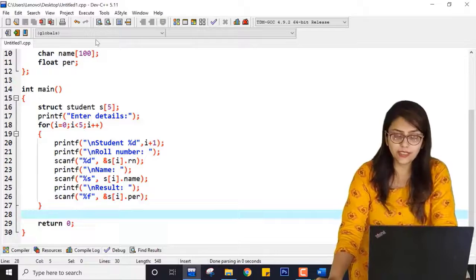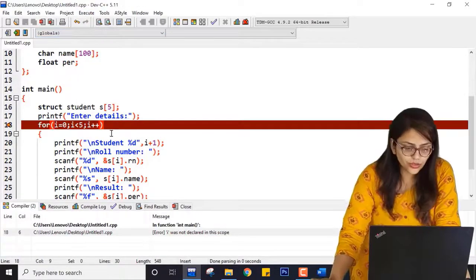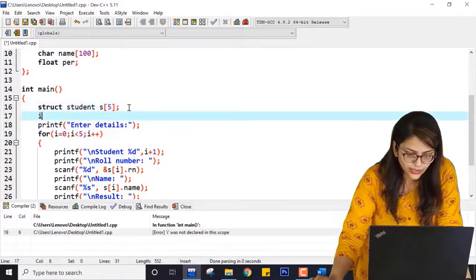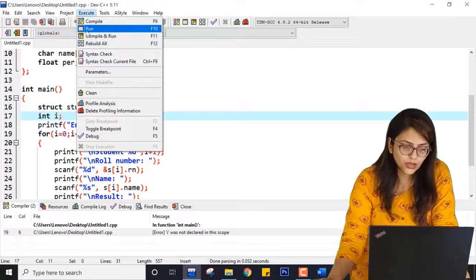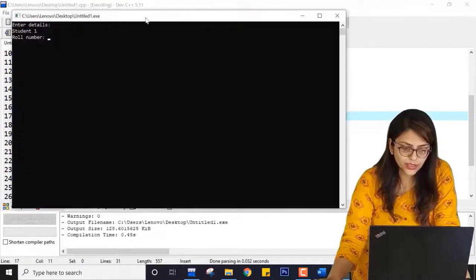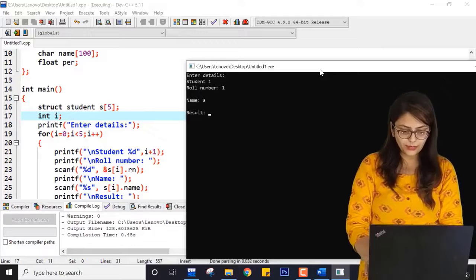I am not going to display it because it will be a lengthy code, but you can check your own knowledge. Now I was not declared, so I can write int I over here. Save the program, compile it and run it. First roll number is 1, name is A, and result is 12.